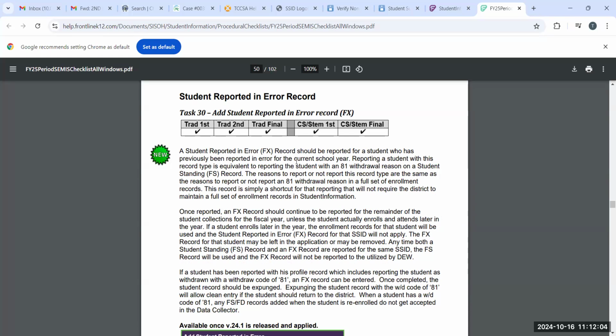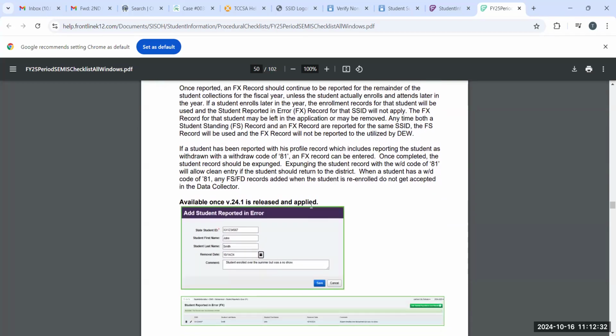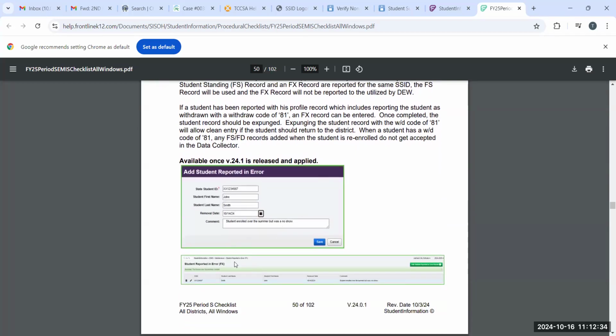So basically, once you report this information, these FX records should continue to be reported for the remainder of the student collections for the fiscal year, unless that student actually enrolls and attends later in the year. If a student enrolls later in the year, the enrollment records for that student will be used, and the student reported in error record for that SSID will not apply. So basically down here in the EMIS maintenance tab, in the student reported in error section,